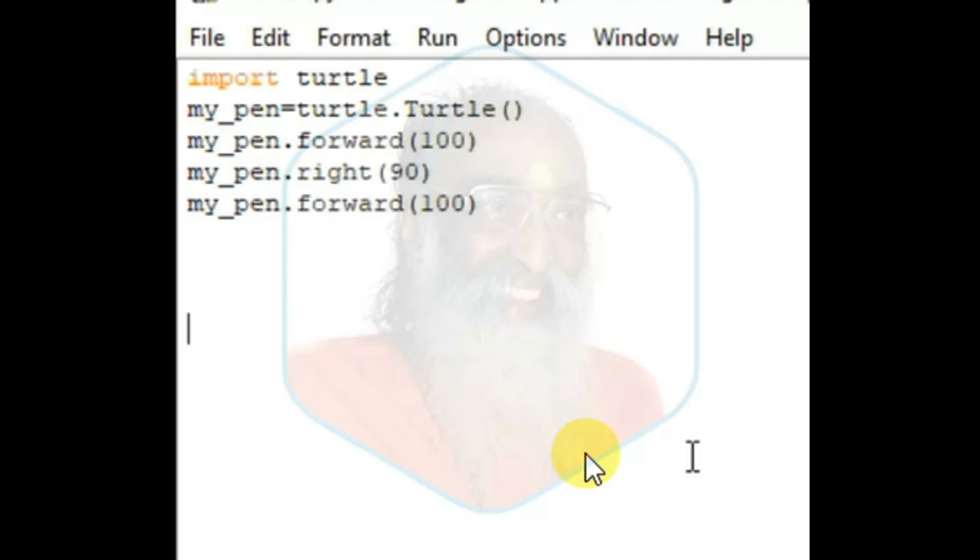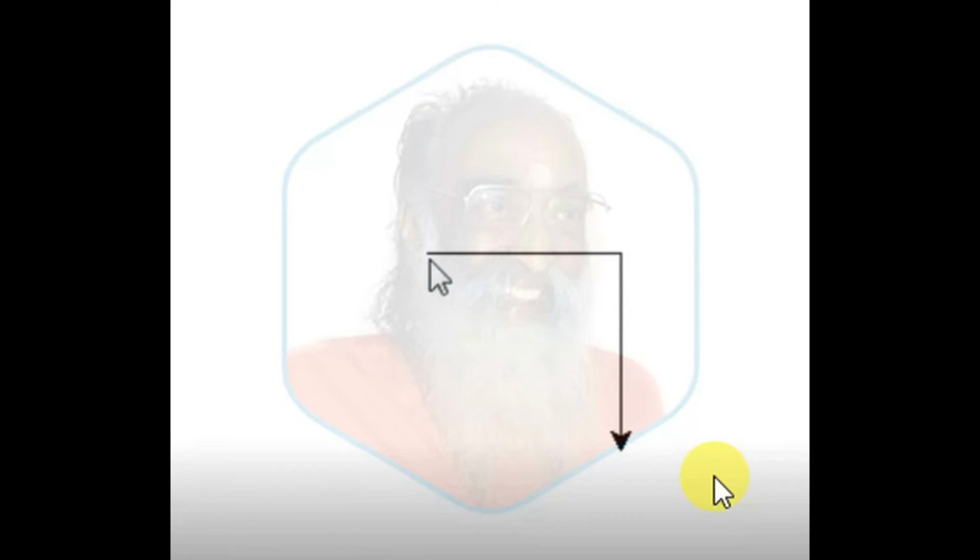Now let's run the program and see the output. Here you can see two lines drawn by the turtle. First it went forward 100, then it took the right direction with an angle of 90 degrees, and again it went forward with a length of 100.